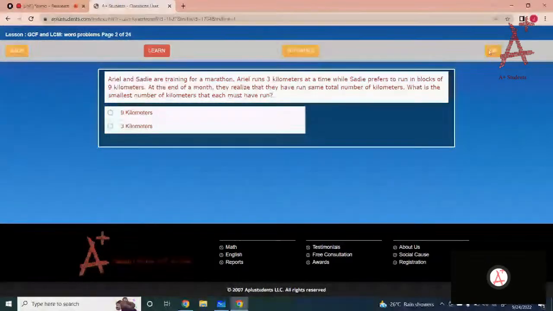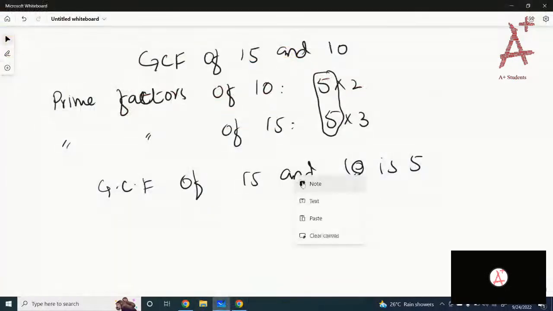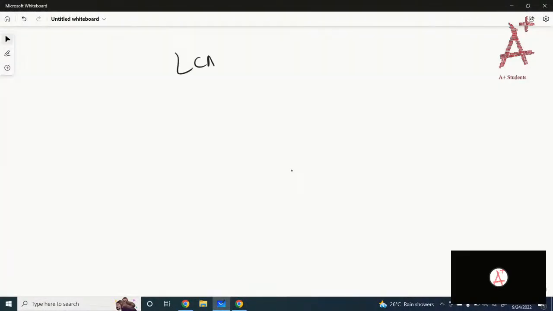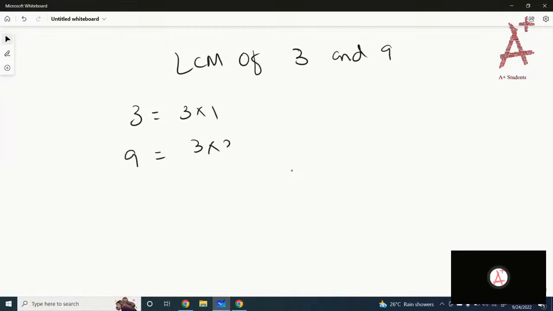Smallest number means you have to find the, yes, it is least common multiple. Got it? So you have to find the LCM of 9 and 3. So let's just find the LCM of 3 and 9. Okay, LCM of 3 and 9. So the prime factors for 3 are 1 times 3. Prime factors of 9 are 3 times 3. So you have 3 as a common multiple,